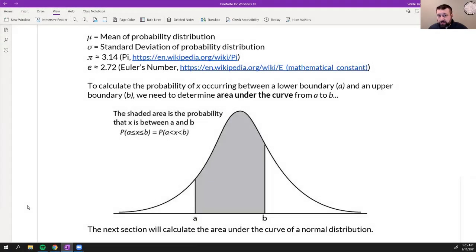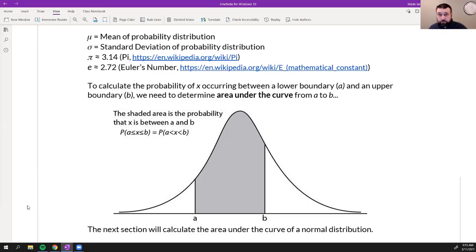In the previous section, we were finding the area of rectangles, which is actually pretty easy to do. You've probably been finding areas of rectangles since you were in elementary school. Base times height, not too bad. But in the next section, in 6.2, we want to talk about finding the area under something called the normal